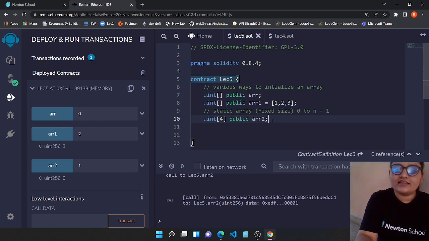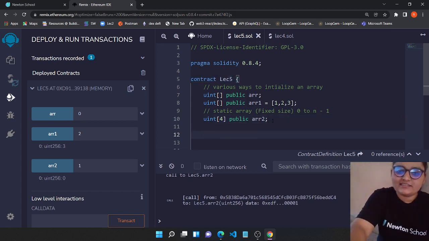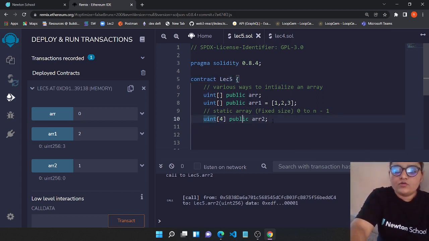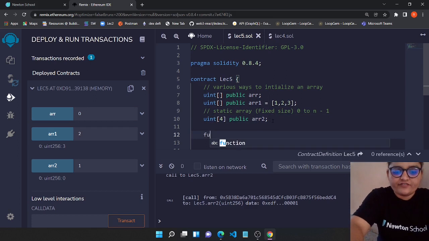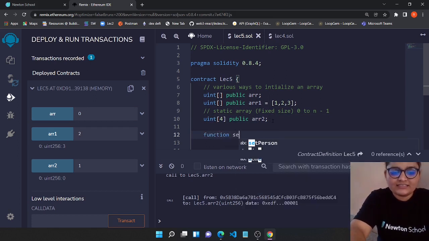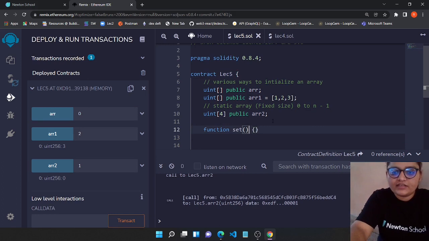Now you can just declare the array with the help of its indexes. So suppose we have a function over here. Let's create a function, and let's say set function, and let's make it a public function so that we can call this from our tab.